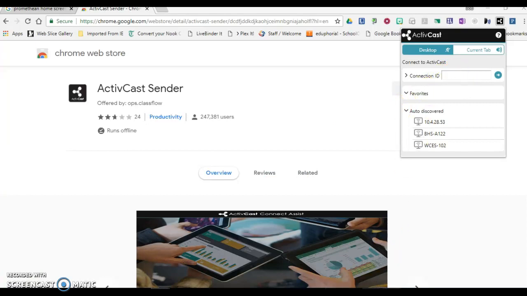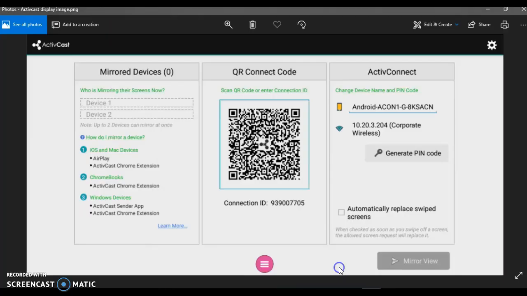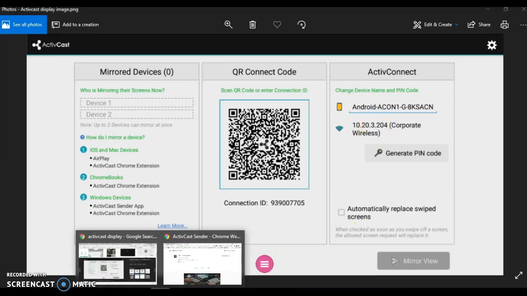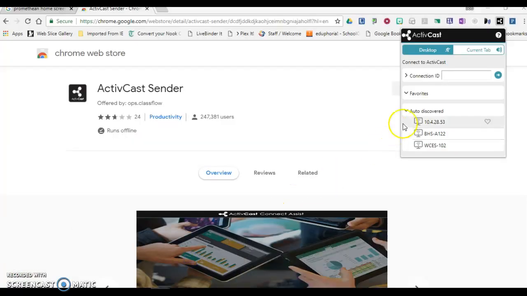or you might try the IP address, and the IP address is right here. Ours is not going to say corporate wireless. You're just going to see the IP address for your board, and don't forget to put in the dots. Okay, so once you do that, and you hit this arrow, then you're gonna get a screen that says Start Mirroring,